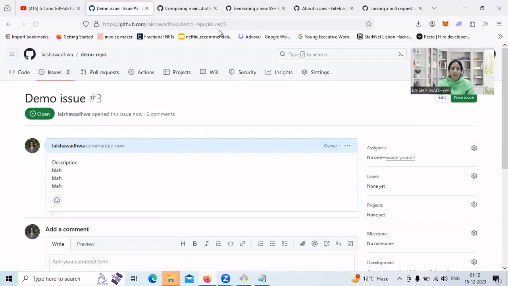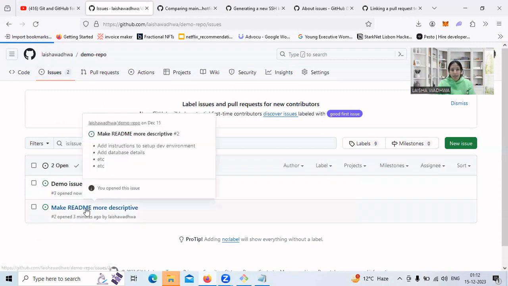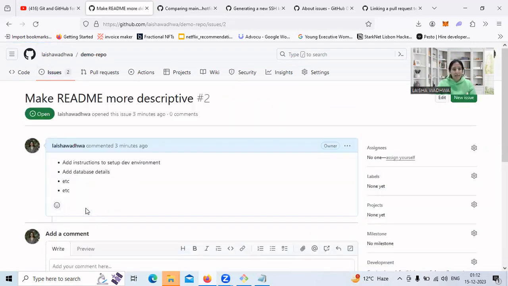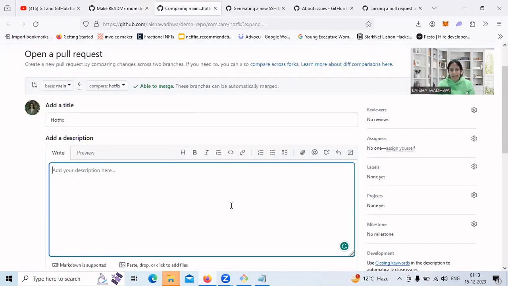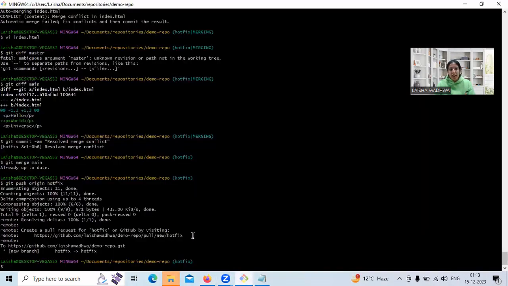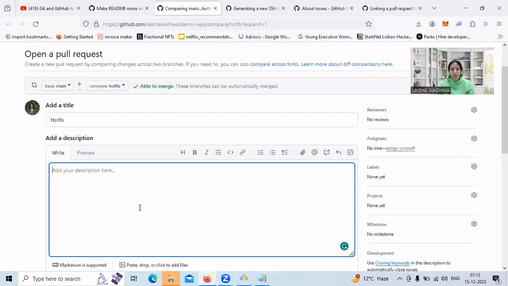And now let's say that I am the developer of this repository and I have picked up a particular issue that was open. Let's say I wanted to make README more descriptive, and I want to let the issue be closed. So what I'm going to do is I have created a pull request. In that pull request, I'm going to mention this issue and let people know that once this pull request is merged, this issue can actually be closed. So let me go back to my Git bash. I actually committed and pushed the changes of my hotfix branch. Now that those changes are available,